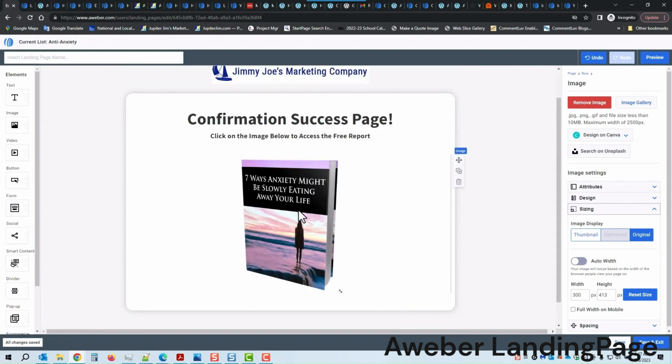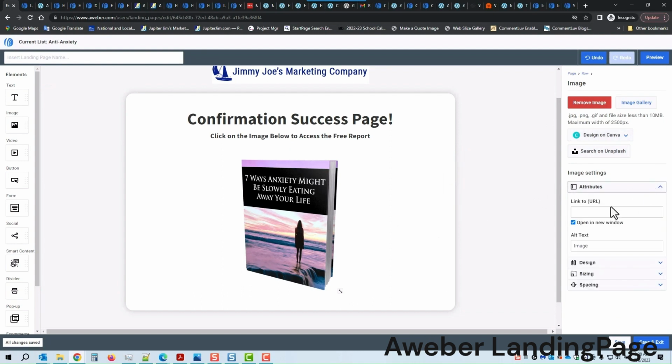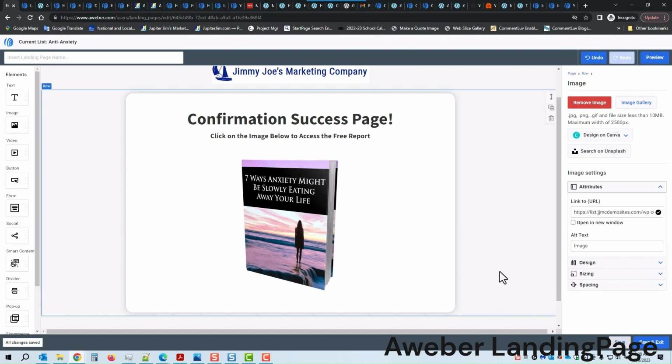So I'm going to click there on the image, and this is the image, so we know we're in the right place. Let's go to attributes and link to that AA anti-anxiety free report PDF. You get the green check mark as well. We don't need to open that in a new window, so I'm going to uncheck that. I'm going to save it. Now,